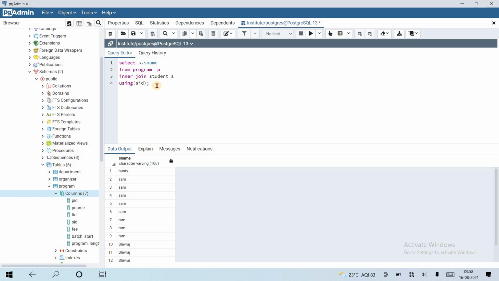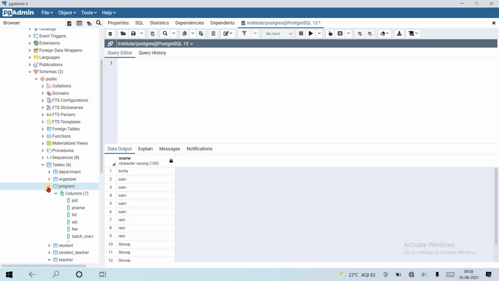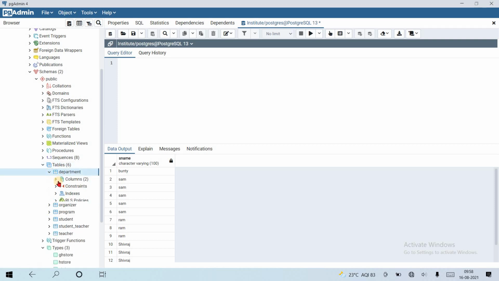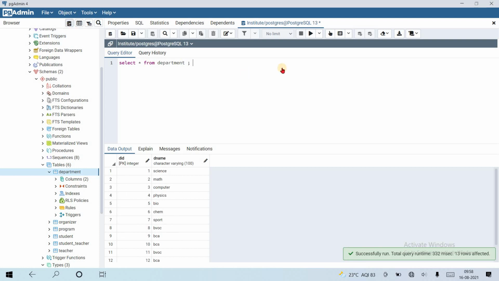Can we connect the department and teacher tables? Let's first see the columns of these tables. Select star from department in one query editor, and open another query tool for the other.